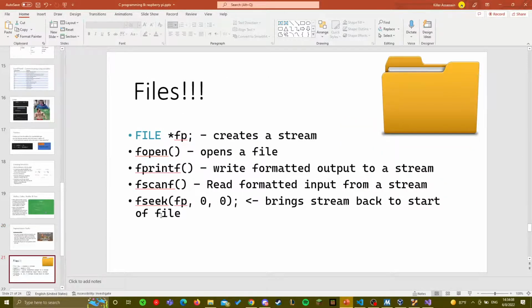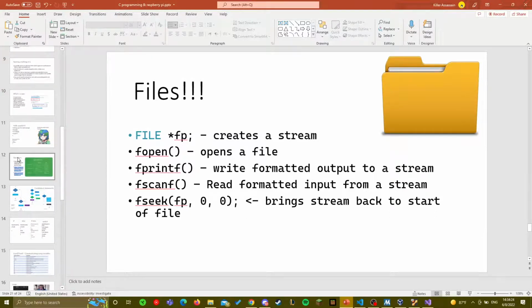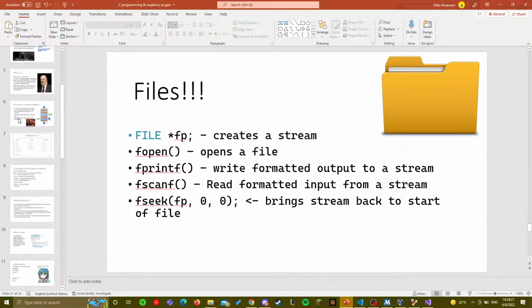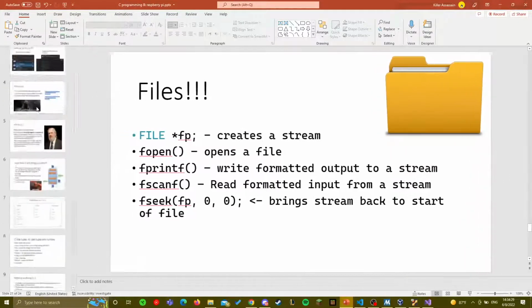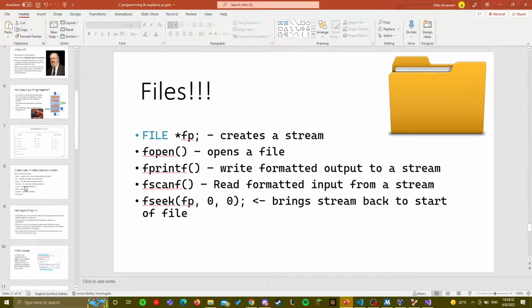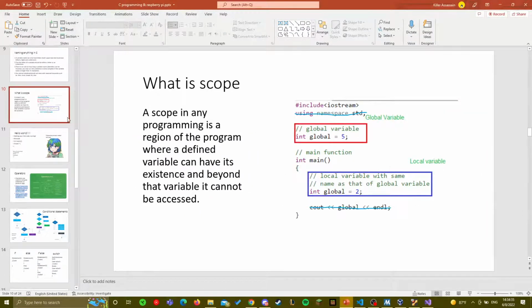Files. Files just have one major component, which is the stream, right? If you go into C++, they deal with streams in a different way, where we deal with fprintf and whatnot. In C, if you took 1325, they might remove it from the curriculum, from what I've heard. But cout is the same as a standard out, and then you'll put this out through there, if that makes sense.